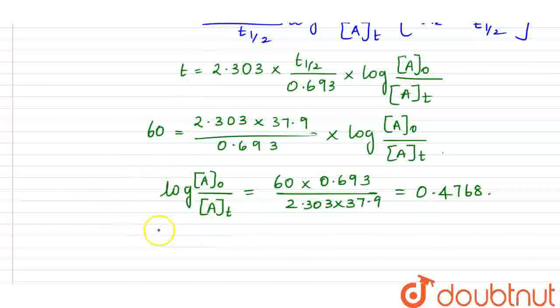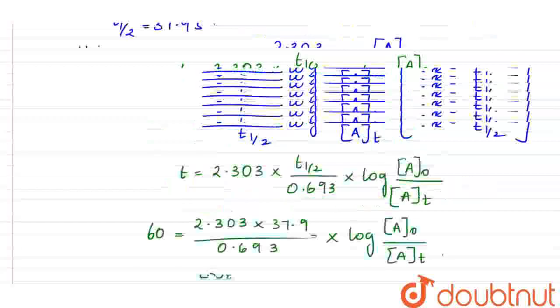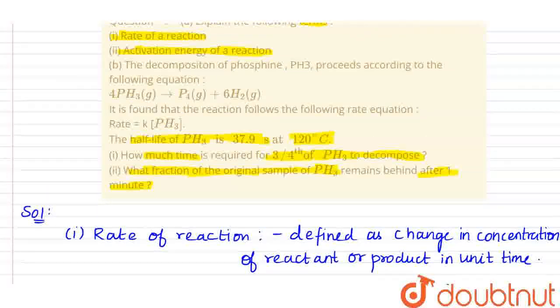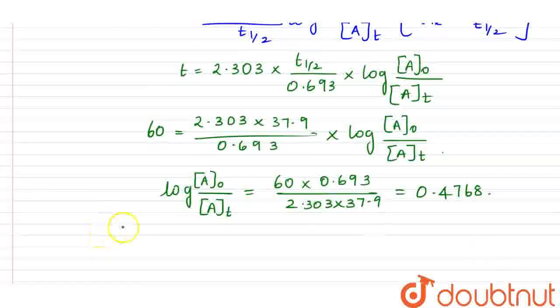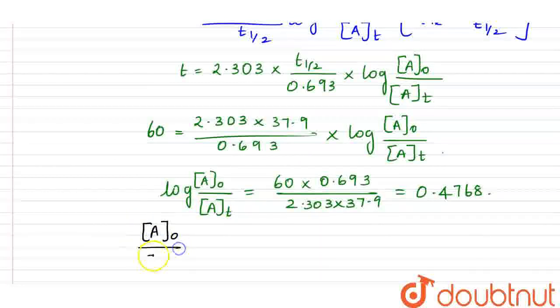Now we have to find the concentration, because the final answer is what fraction of the original sample of phosphine remains. So we are going to take the anti-log. The anti-log of 0.4768 is equal to